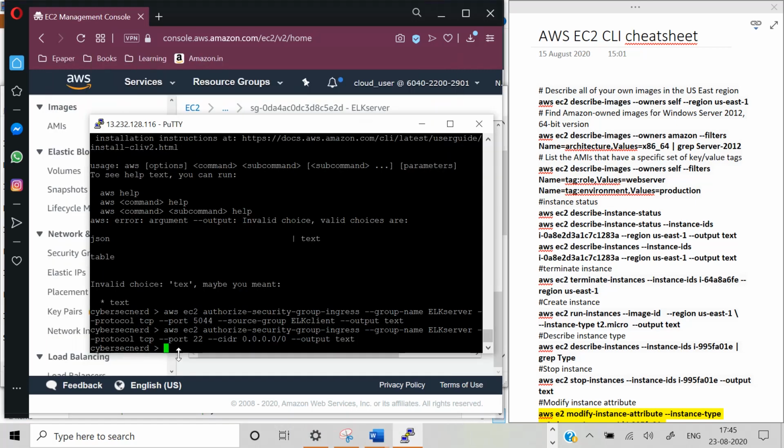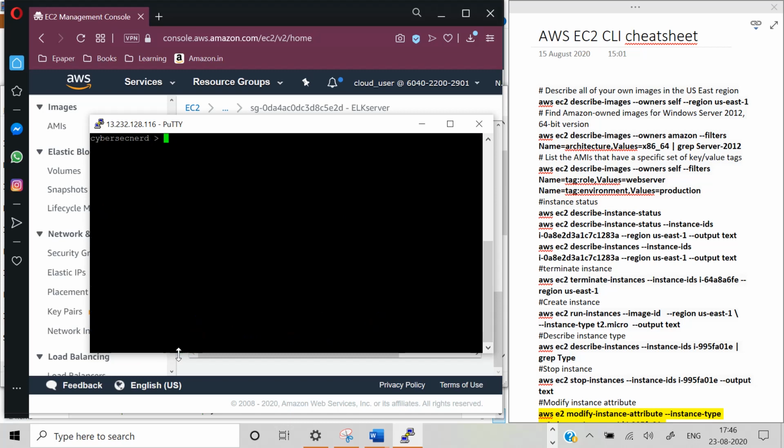Now, since we have already created a security group, whatever subsequent instances we will be creating for our task, we will be launching with the help of the security group. So let's do that. AWS EC2 run instances.